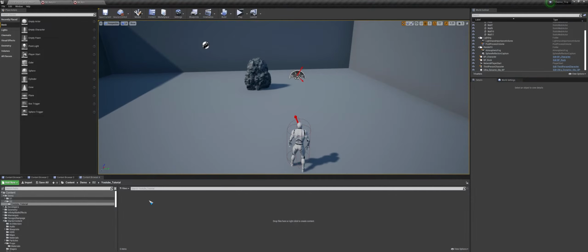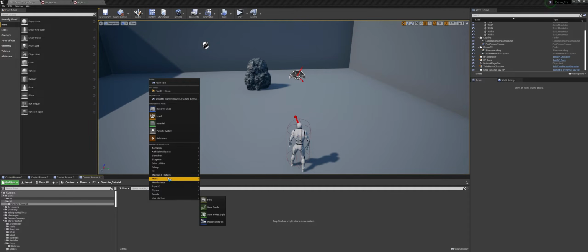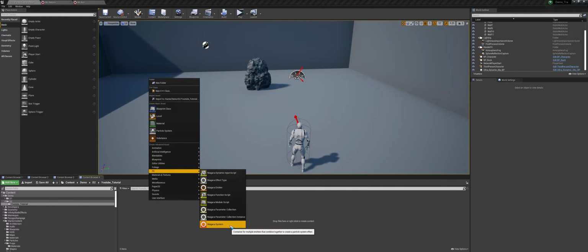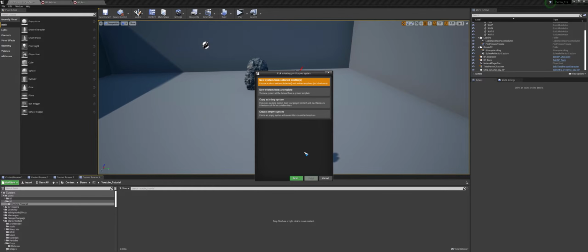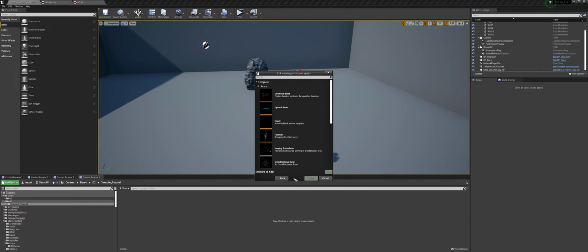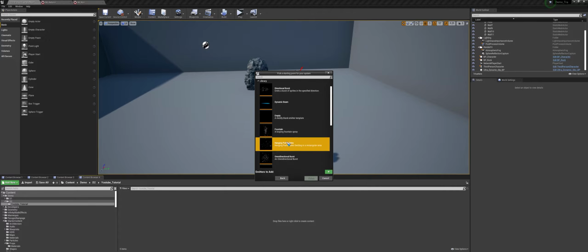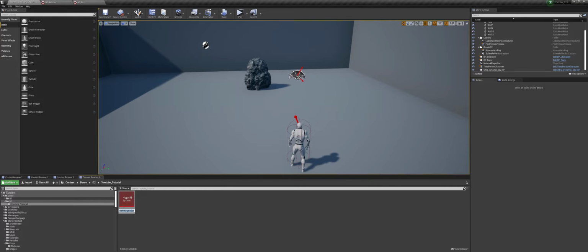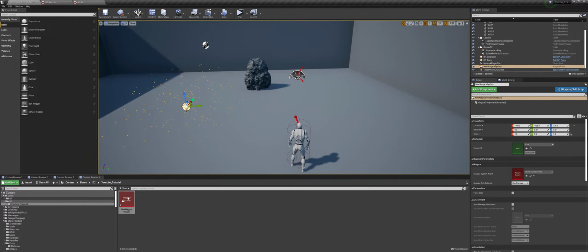So to create this, first we need to create a Niagara system. So for that, right click, then go to FX, then go to Niagara Systems and click next and select the hanging particles. Then press this add icon. So this will add this hanging particle emitter to our system. So we need a system so that we can place this into the world like this. A Niagara emitter cannot be placed into the world.